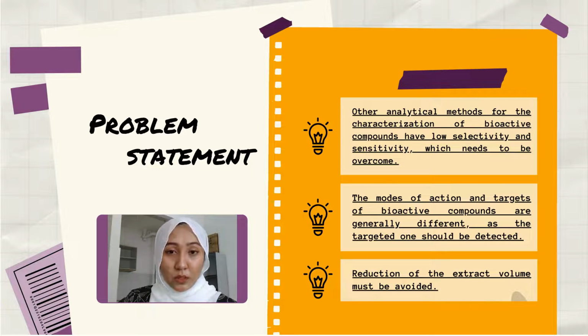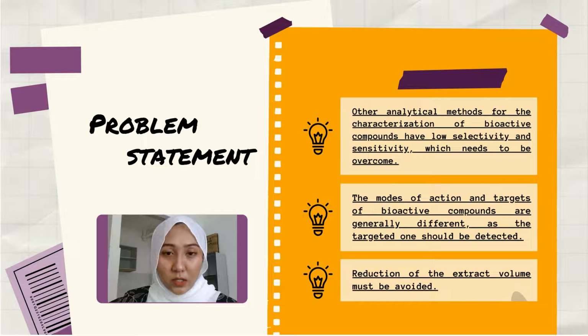About the problem statement in this video, the first one is that other analytical methods for the identification and quantification of bioactive compounds have low selectivity and sensitivity. In this case, there are significantly different analytical methods such as the use of FTIR. Actually, FTIR gives results on the functional groups only that are present in that bioactive compound, while in the UV Vis